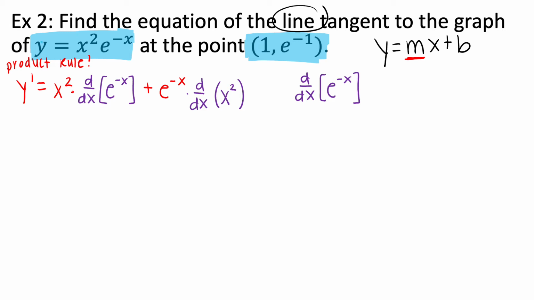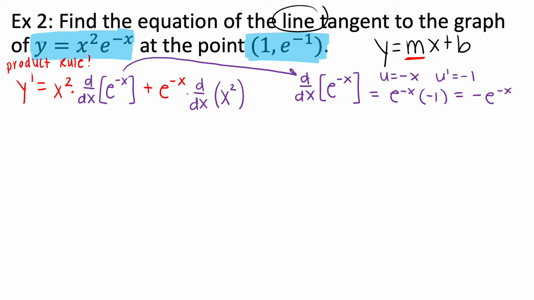So let's let our u equal negative x, which makes u prime equal negative 1. So this derivative would be e to the u, which is negative x, times negative 1, or just negative e to the negative x. So there's the work for that derivative, and we can go ahead and fill that in. So our derivative is y prime equals x squared times negative e to the negative x